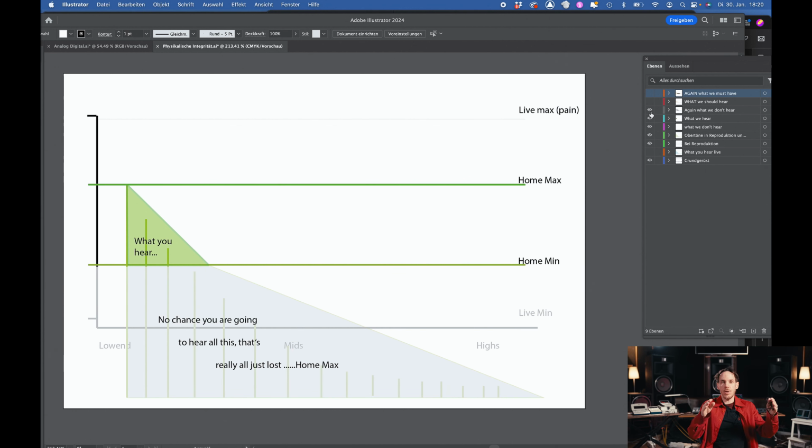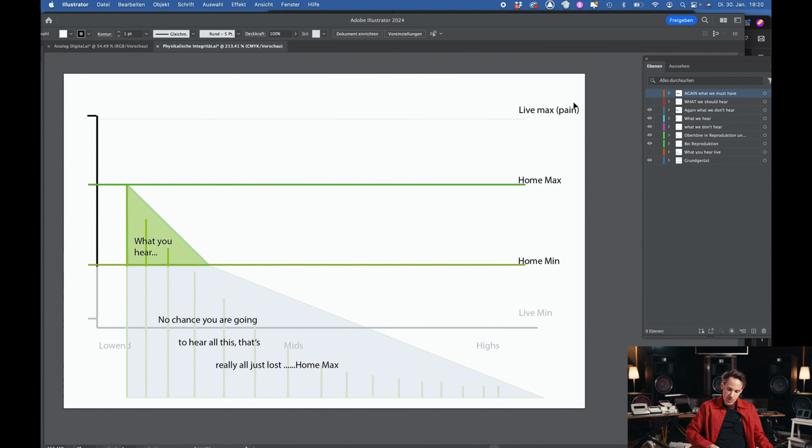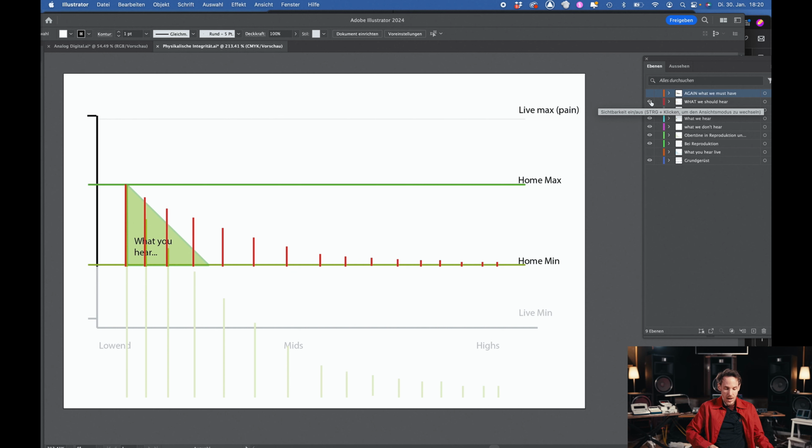It's like an iceberg in the water where you just see the tip of it, but the most part is under the water. But yeah, if you don't see it, we have Titanic. And here is the same problem. If you mix like that, all those harmonics, the gray ones, are not there. What we have to do is make sure that all harmonics, whatever has been produced by the musicians, is important. So every harmonic, be it as quiet as it is, I want to make sure it's there. And that is preserving dynamics.